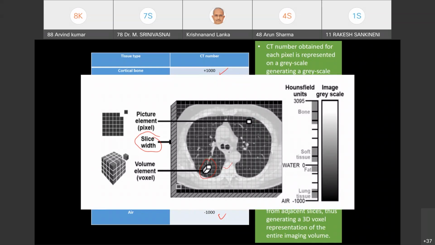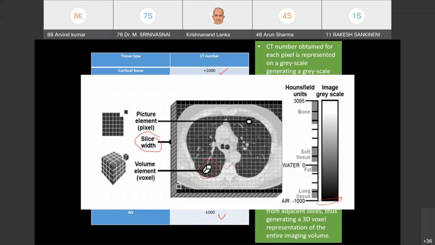So Hounsfield numbers: 3095 is the maximum one. Bone comes at 1000. Water at zero, and air is given a Hounsfield number of -1000. So based on this, you can identify whether the given image is bone or water or soft tissue, whatever it is. So the CT number for each of those materials, tissue types, changes. So this is how you